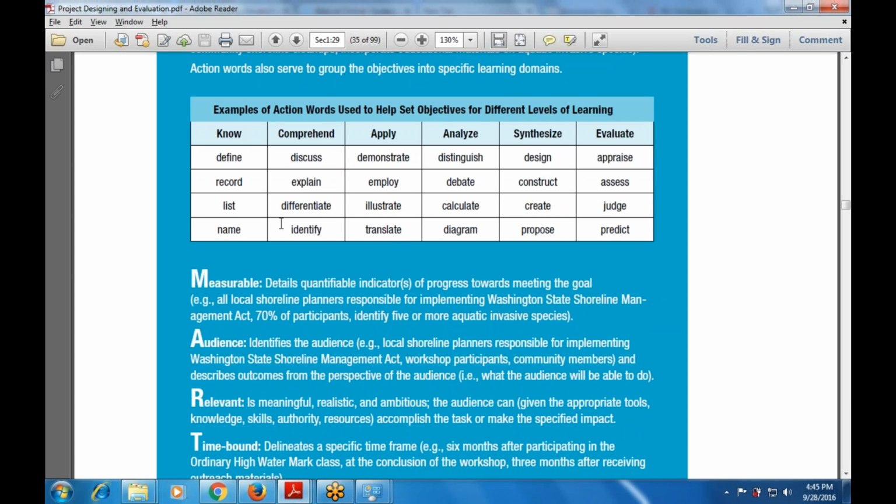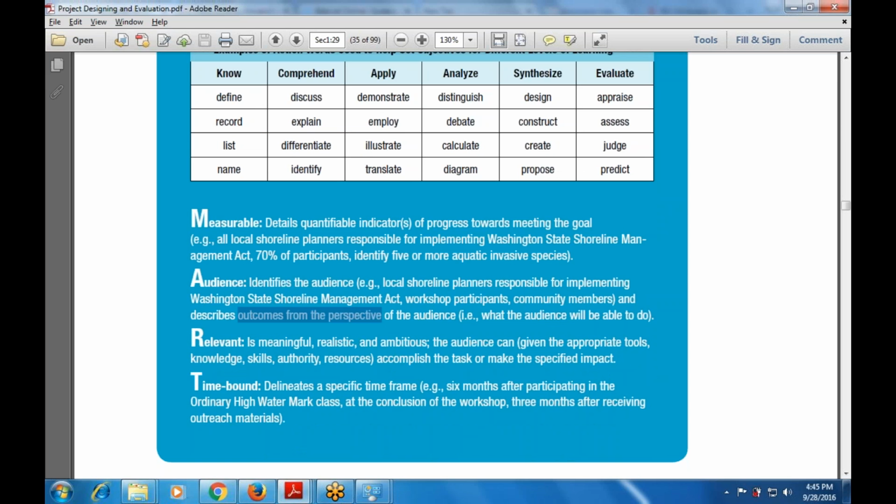The next one is audience, which identifies the audience: local shore point planners, Washington State Shoreline Management Act workshop participants, and it describes the outcome from the perspective of the audience. Then relevant: meaningful, realistic, and unambiguous. The audience can accomplish this task or make the specific impact. Then time bound: a time limit that determines a specific time frame. Example, 6 months after participating in the ordinary high water mark class,